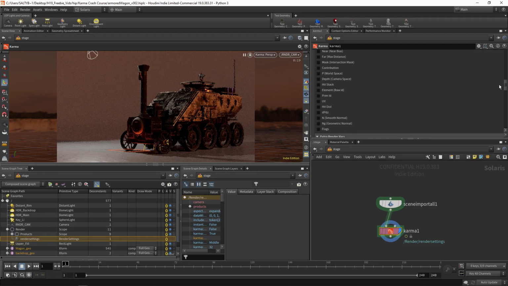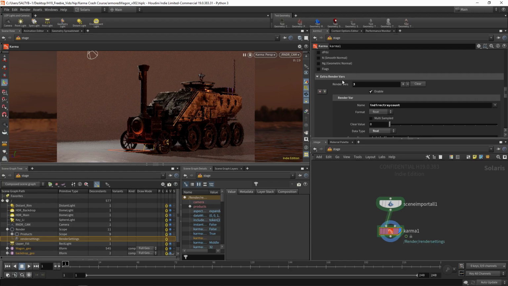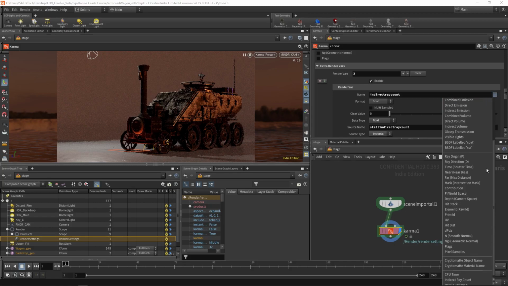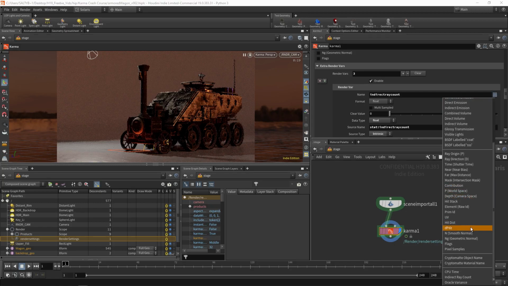And if we want to create really custom render variables, we can just press this plus icon down here. And then with this drop down, there's all kinds of different things you can do. This includes a cryptomat based on the object name or perhaps by material assignment. And so I really like the fact that we can mask this out with cryptomat. That's not something you always find with other render engines. More often it's becoming accepted, but it's nice to see it here with Karma because that makes a big deal